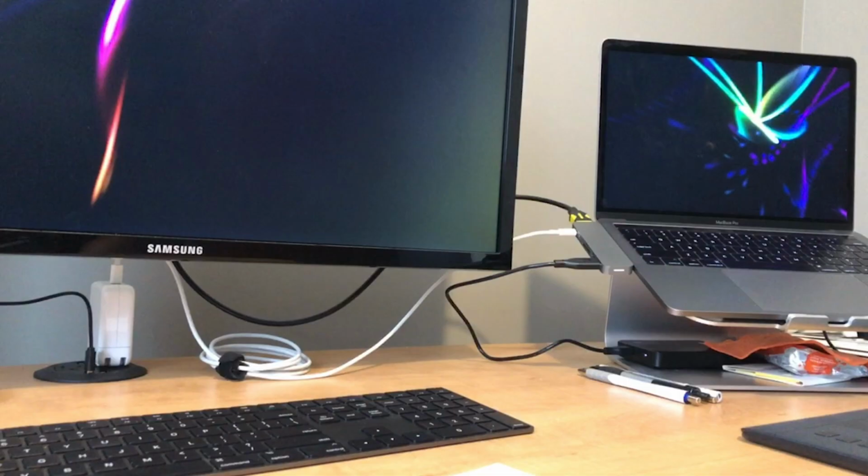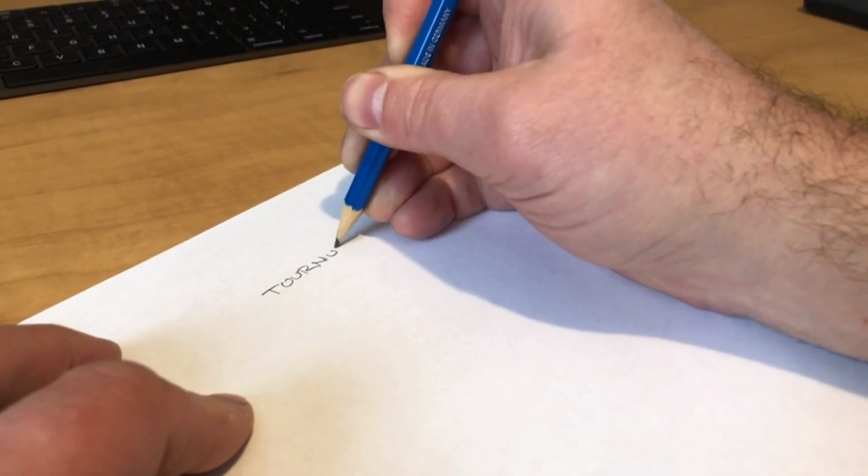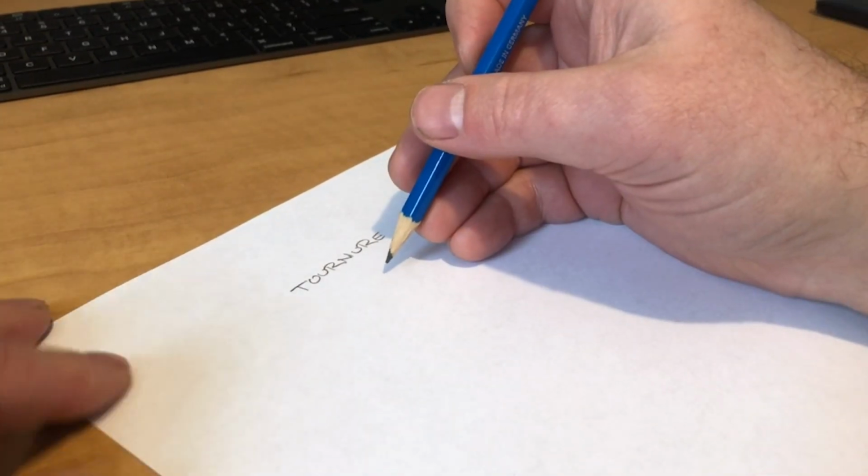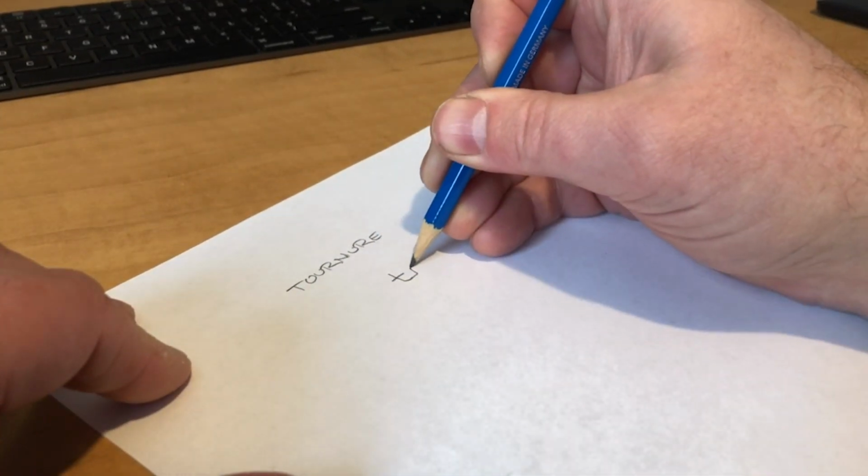So let's hop over to the table with a pencil and paper and see what we can come up with for concepts, and then we're going to dive into Illustrator and refine some of those. So as we start out with sketching, the first thing I'm going to do is just write out the word in my normal handwriting and just kind of get a look at what the letter forms look like and the shapes there. And then I'll try